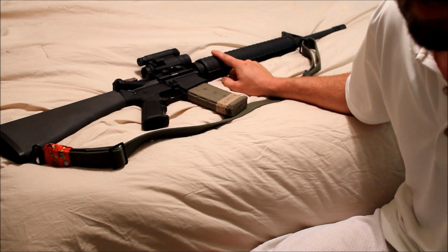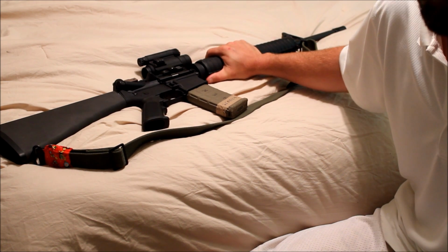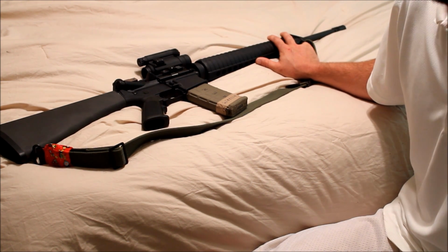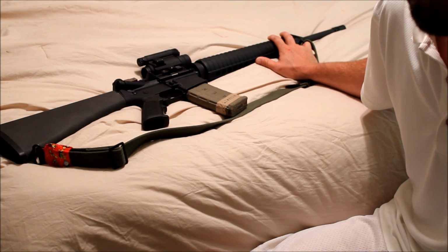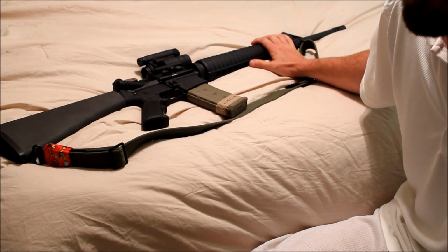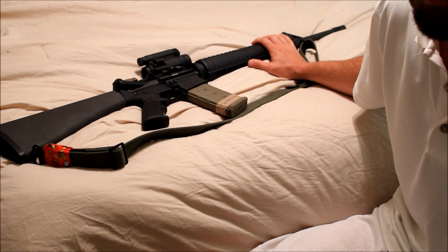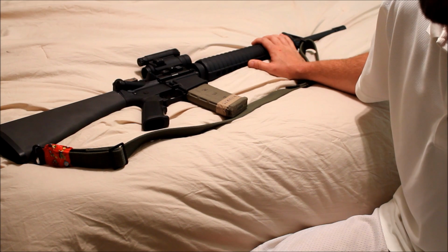On the direct impingement AR or M16, this is the full-length rifle gas system it was designed for. I found this to be much more reliable than the carbine length gas system. That's not to say that a lot of the carbines don't run, because they do. I've just found that rifle lengths tend to have a lot fewer problems in my experience, and I've seen thousands of students come through class. Literally millions of rounds, and it just seems to me that the rifle lengths